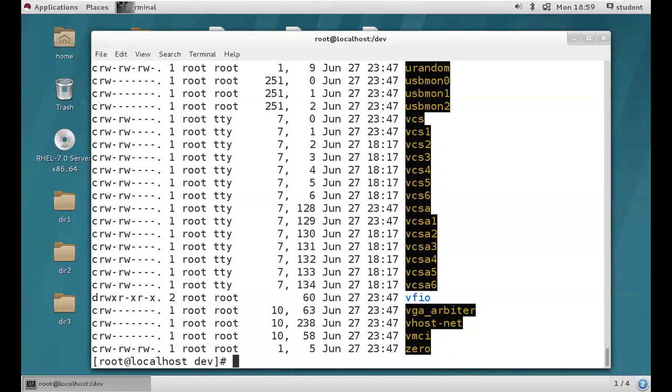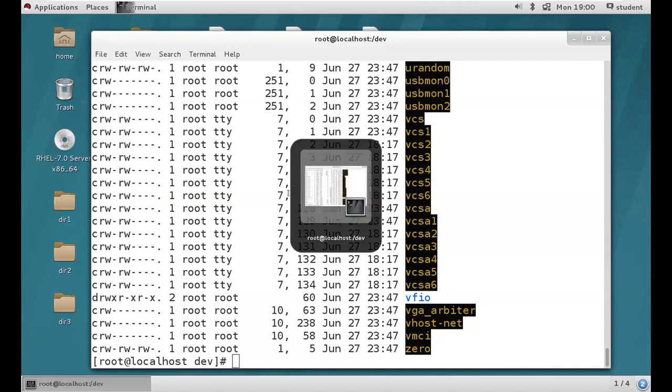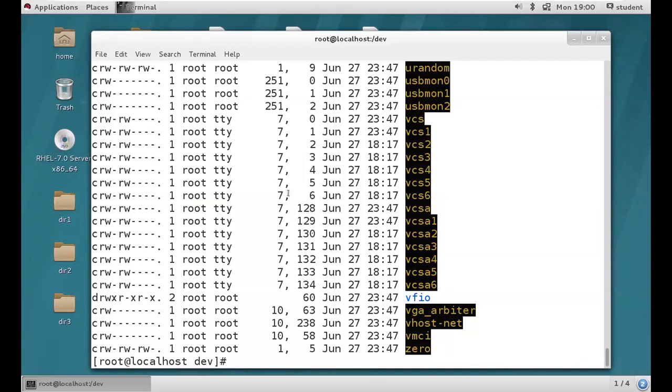Got it, guys? How are you going to find the block files? You people are not at all bothering about previous sessions. You should have B. Very good, Hassan. Starting letter B means block files.